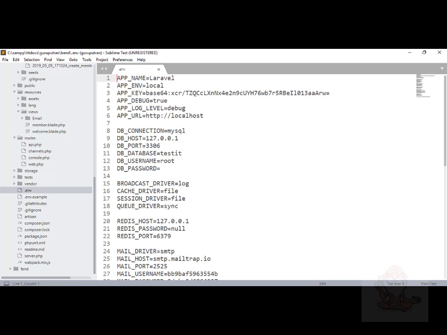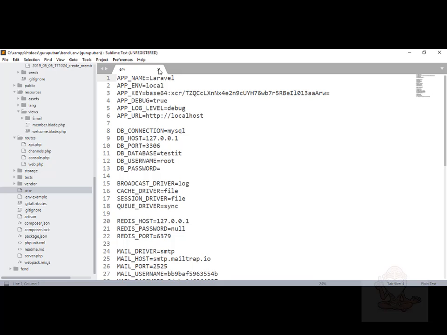You can see inside the database connection MySQL, DB host, leave it all as it is. DB database testit. For me, DB username is root and there is no password because I am doing a localhost exam. So check your server configuration and accordingly you fill up database username and password.